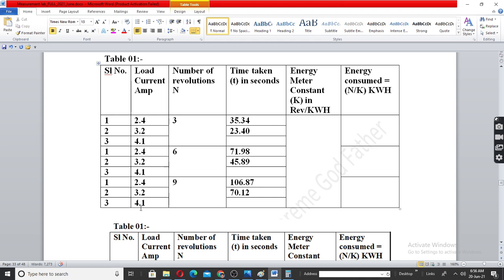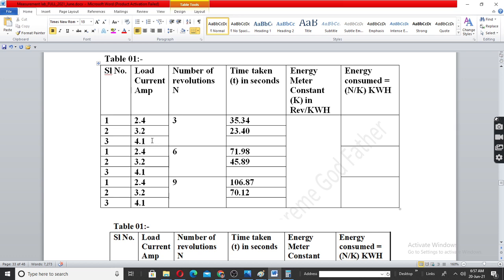There is no rule that you have to switch on 5 lamps, 3 lamps, etc. Why simply switch on more lamps? You are wasting power and you also will get heated up in the laboratory when you switch on more lamps. Initially, it is better to switch on 3 lamps because if you switch on only one lamp, the ammeter reading will not be proper. So initially, better to switch on at least 2 lamps or 3 lamps. For the next subsequent readings, it is enough if you switch on only one lamp extra.